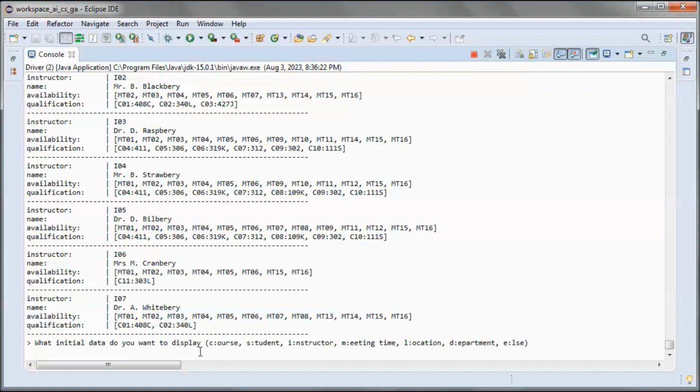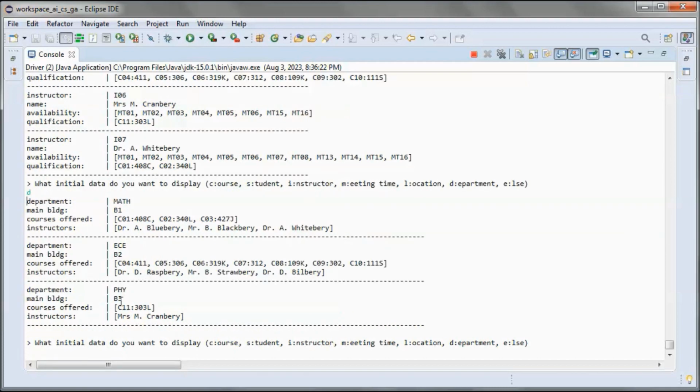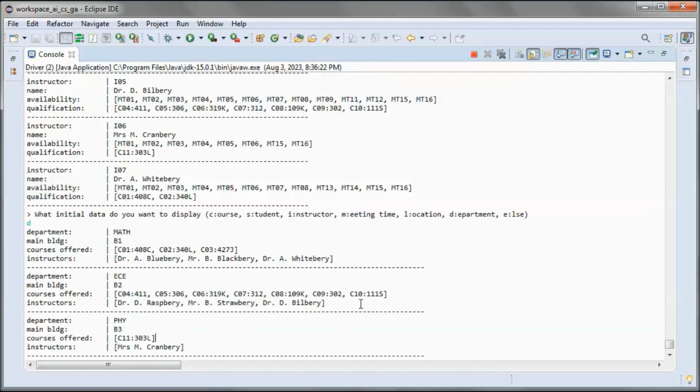So let's do the department. So now we have each department and what is the main building associated with that department, in addition to the courses that are offered by it and the instructors associated with that department.